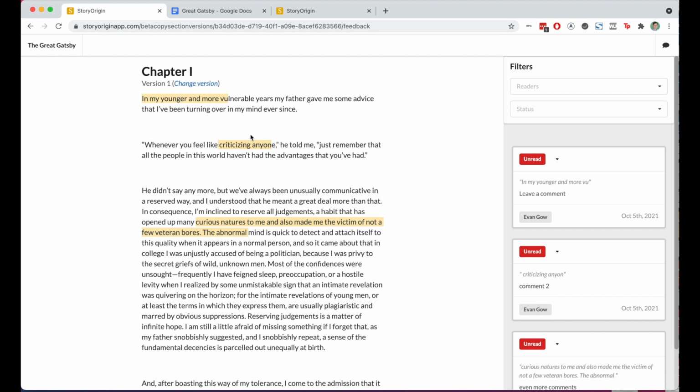We can see here the highlights that the reader made, and we can see what the comment is that they left. We can then mark the comments with a different status than unread. So we can mark it as read and considered for items that we don't really want to do anything about, still considering for things that we might want to make a to-do item, to-dos for things that we do want to incorporate into our manuscript, and resolved for the to-do items that we have already completed and incorporated into our